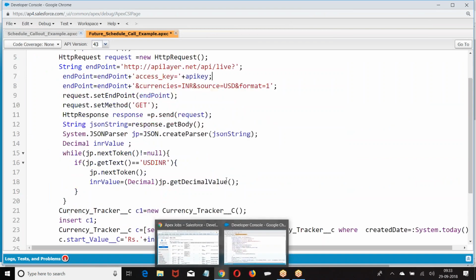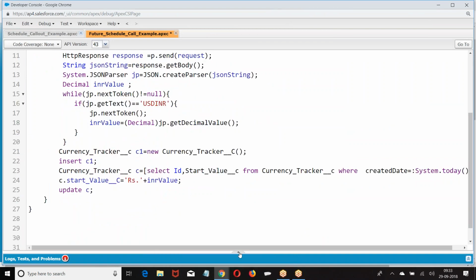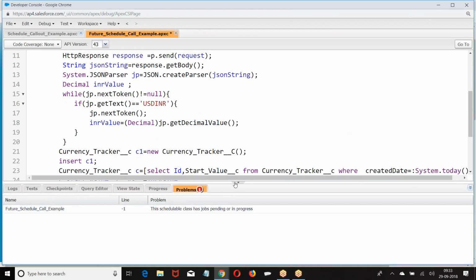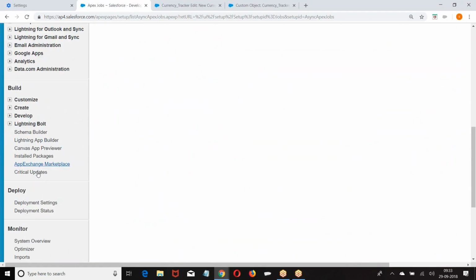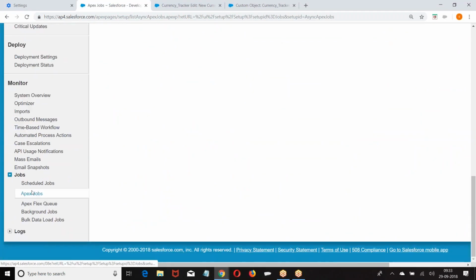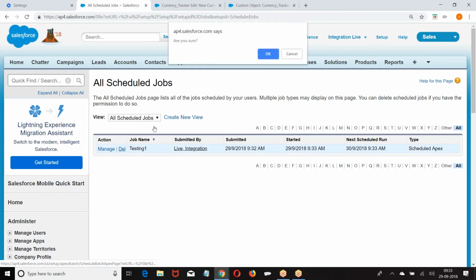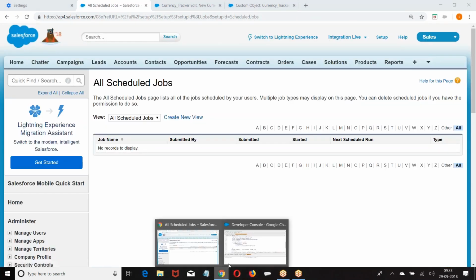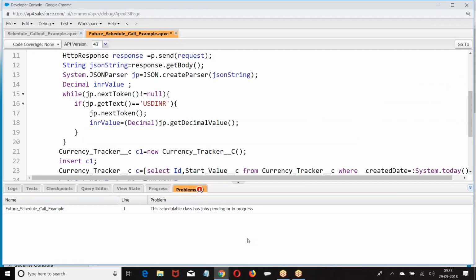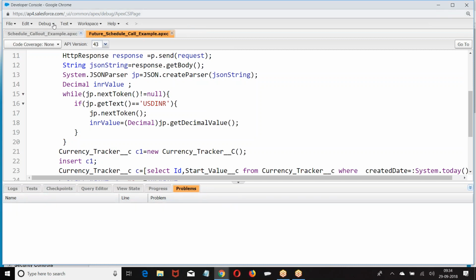Some bug is coming. Let us see what is that bug. Scheduled jobs are in progress. We are trying to modify a job which is already scheduled, so it is giving an error message. Now I remove the jobs. If any asynchronous jobs are already in scheduled state, we will not be able to modify it. There is a reason why the changes I made are not saved. So meanwhile, let us take.